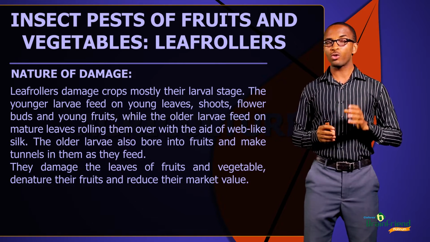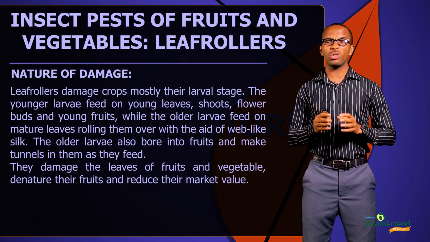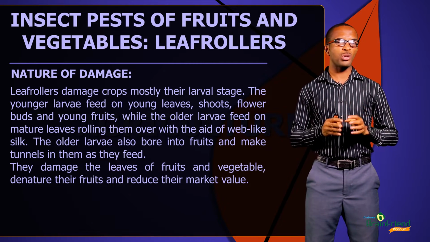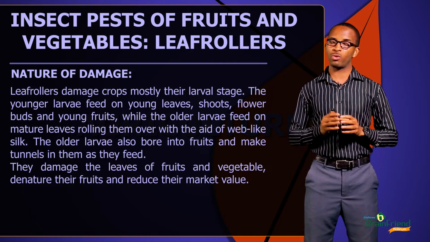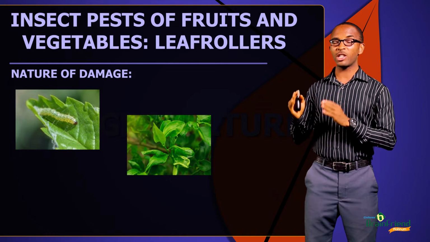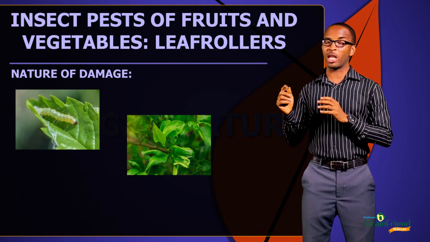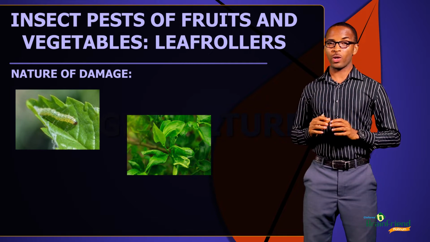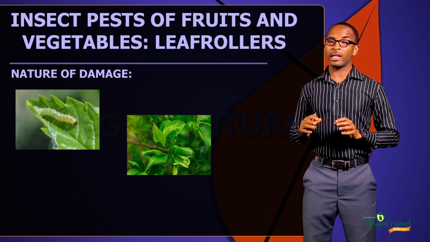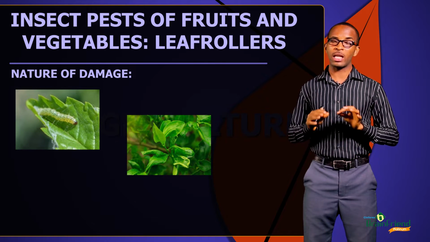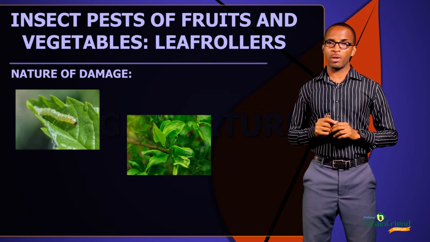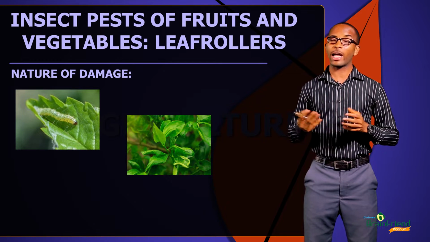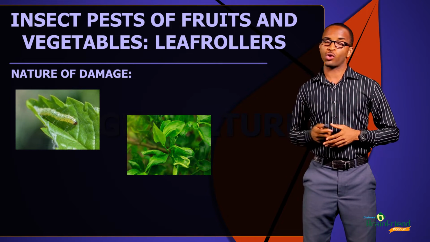This damage that they cause to fruits and vegetable crops denatures the fruits and also reduces the market value of vegetable crops. You can see the nature of damage caused by this insect from the images on the screen. The first image displayed shows the web-like thread that these larvae use to hold the leaves in place, while the second image shows the kind of damage that these larvae cause to citrus plants. Now let's move to the control methods used to control these insects, and we are starting